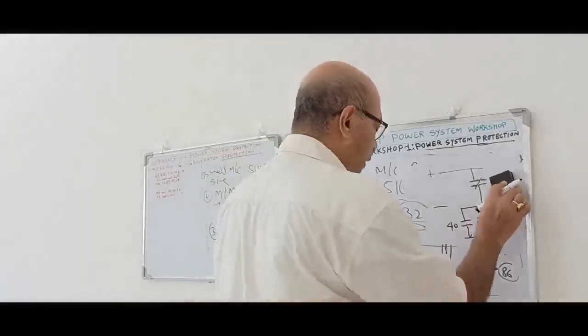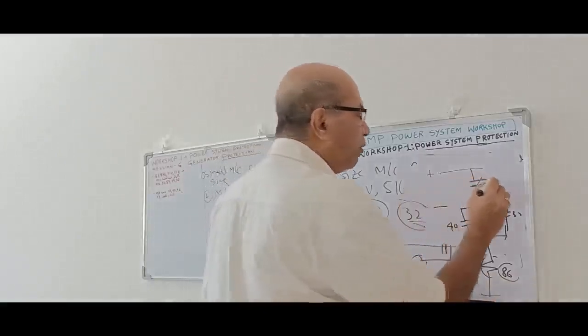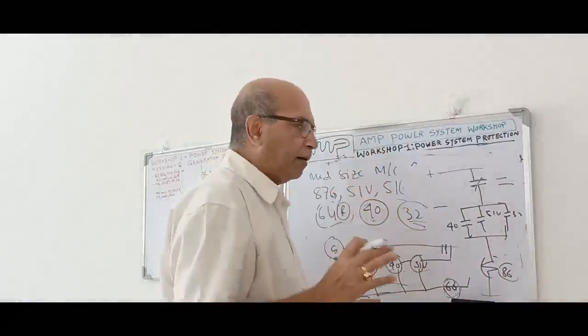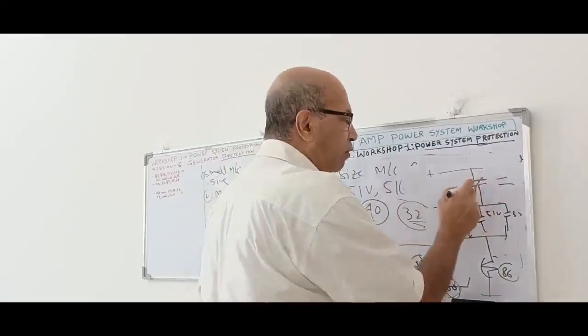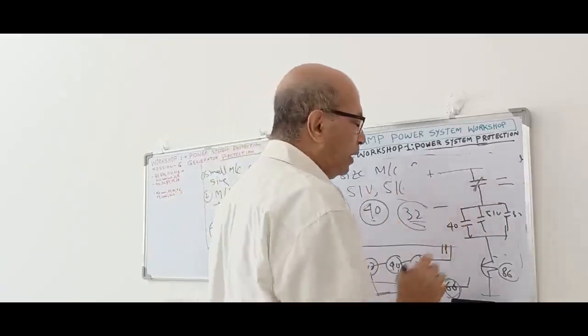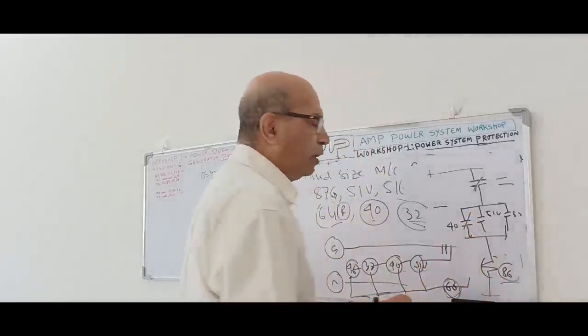So when this relay is energized, it becomes NC. It is a normal NO when the power is not there, when the relay is dropped. But when the relay is picked up, this NO becomes NC. So this is a normal condition. When the relay is energized, when the PT supply is available, this contact is NC. Now when any of these contacts operate, then immediately it will close and this lockout relay will operate and it will trip.